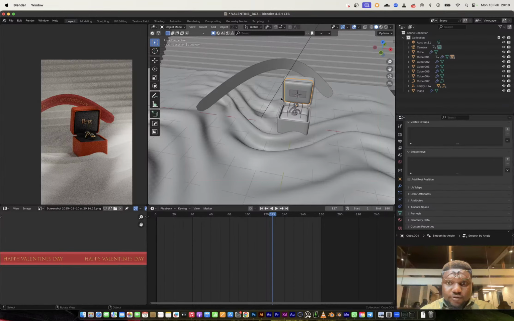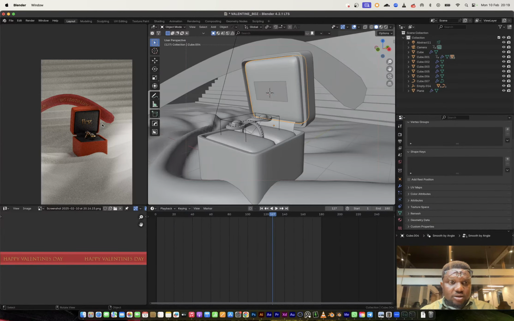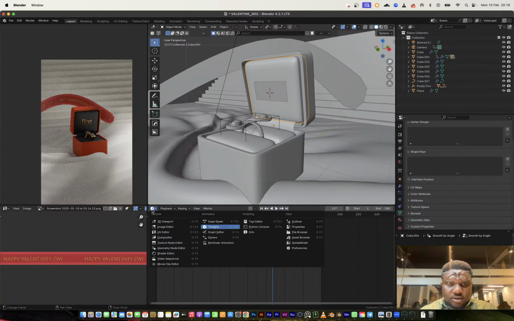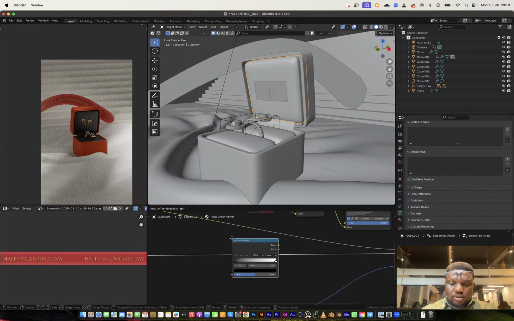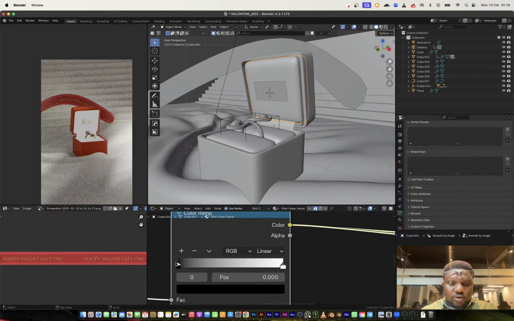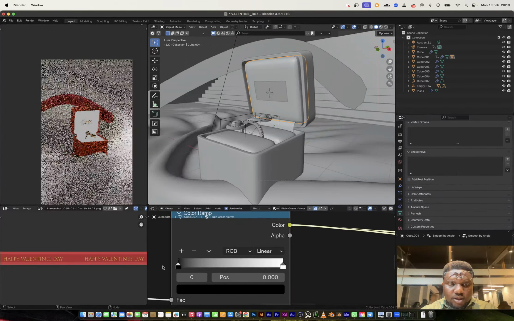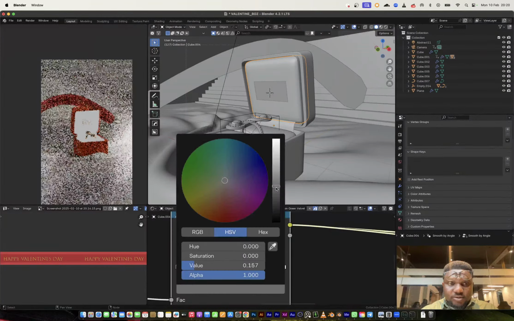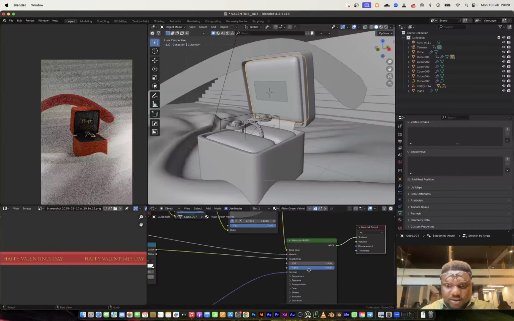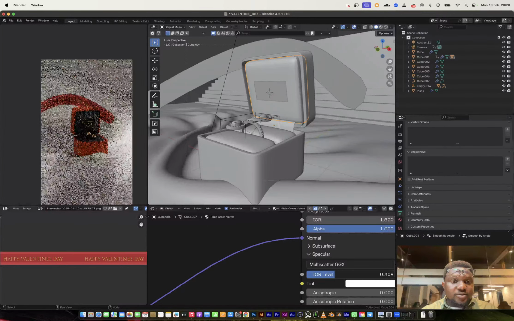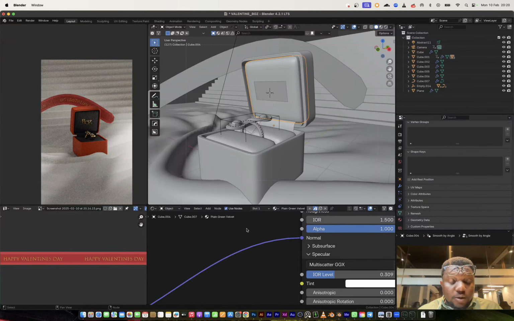So for this cushion right here, I probably want to reduce the roughness. I'm getting a lot more reflection than I would, for my taste, on this black part. So I want to go to the shader menu, come to the shader. Let's bring in a color ramp right here. Let's see what that roughness looks like. Okay, roughness is good, so I'm just going to bring this down like so, connect that back, and I think the issue might be coming from the specular, so I'm just going to drop that specular. So that's really, really cool.